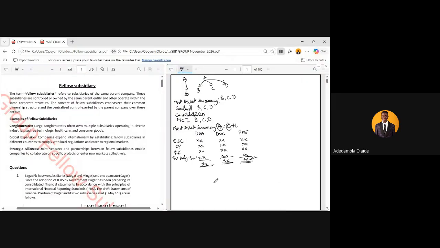Now, I take it again. You see, in group accounts there is a sequence of calculation. Now, like I said, the first thing is to draw the group structure. Though, what I've drawn here as the group structure is not